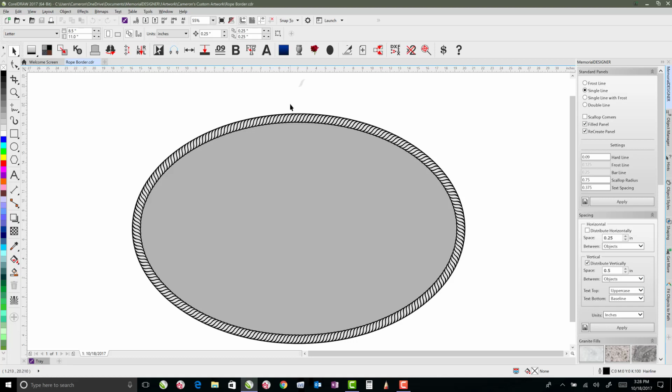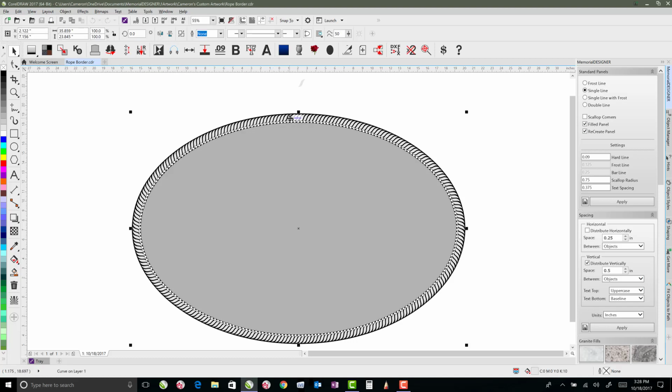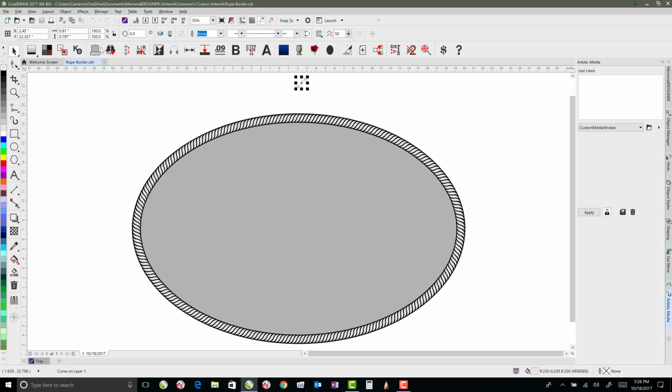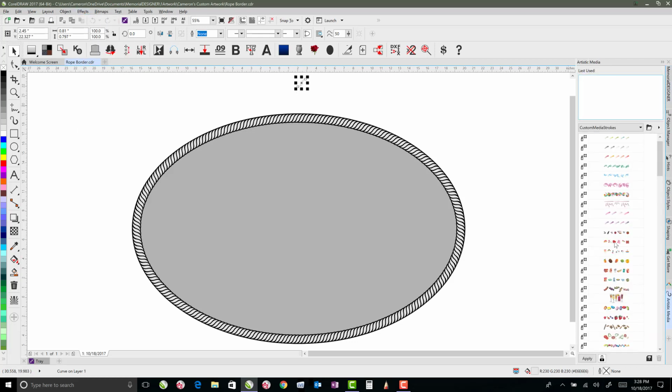In our last video, we created this rope border using a blend group and fitting that to a path. And I kept the section of the rope that we created for this because I want to show a different way of doing it, and that would be using artistic media. So with that selected, we'll go up to Effects and say Artistic Media, and it opens up the Artistic Media